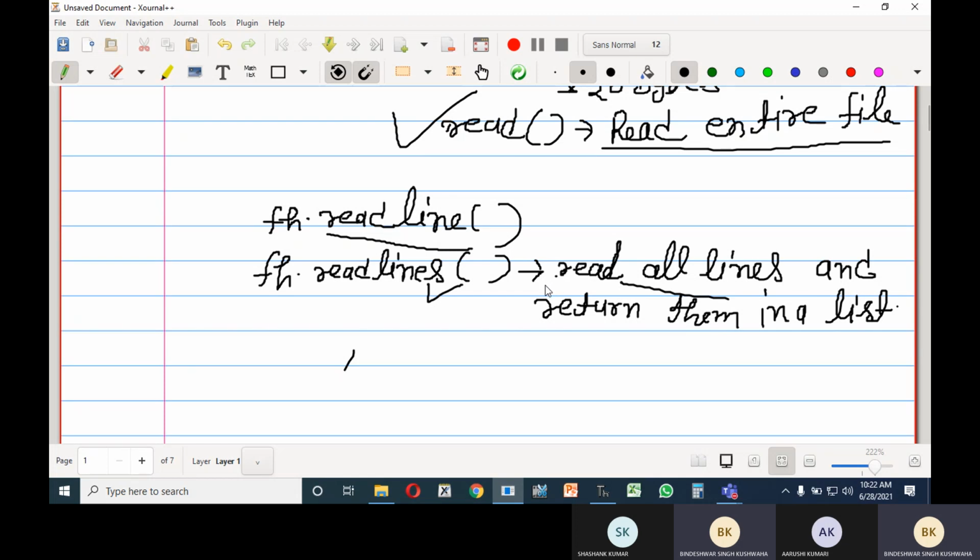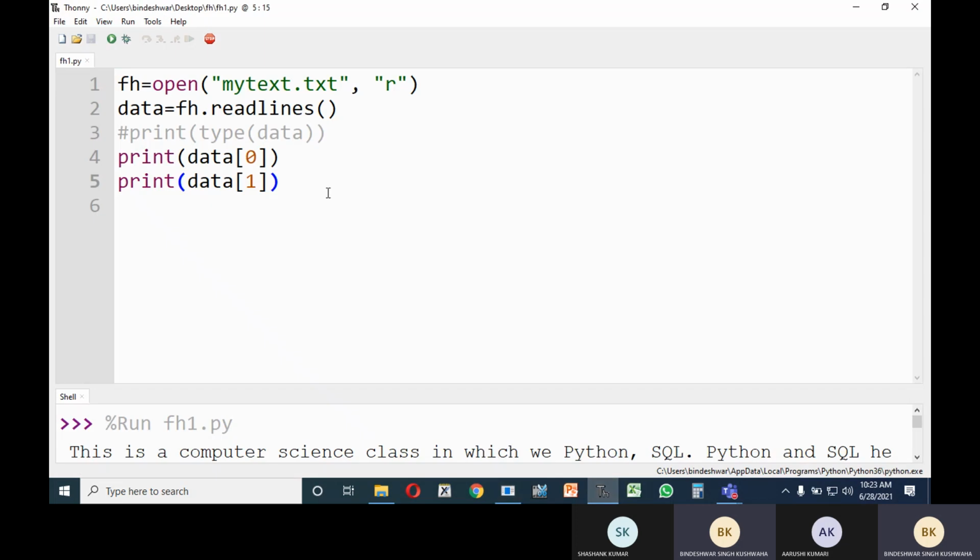You can see that this will return a list. Okay, this will return a single line in string form. So let us see that also. Readline will return data in the form of a string.